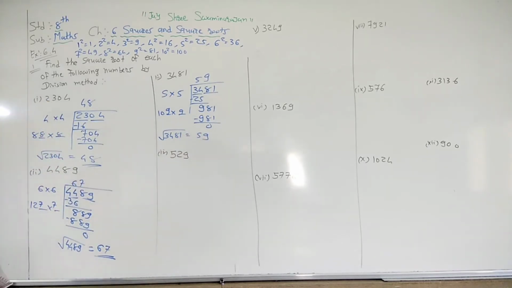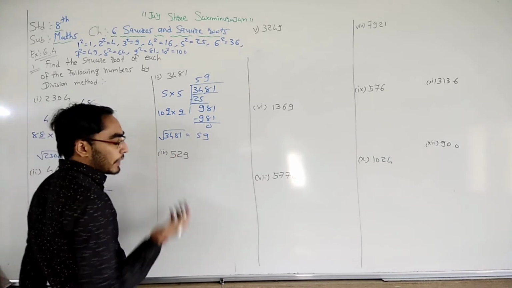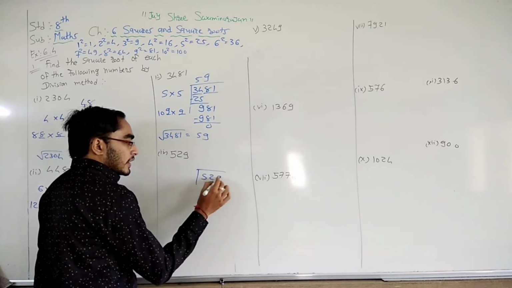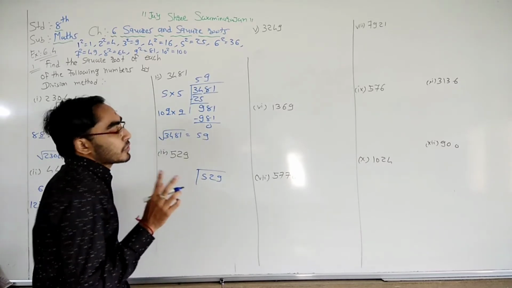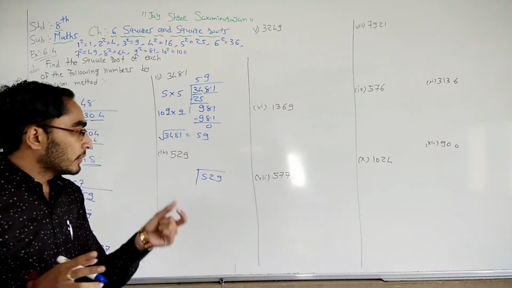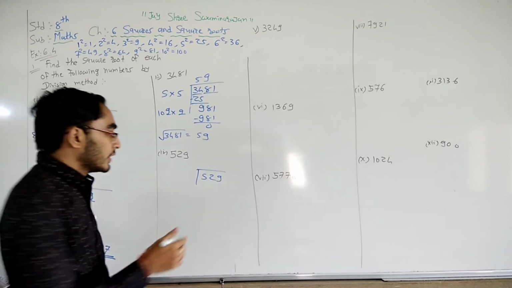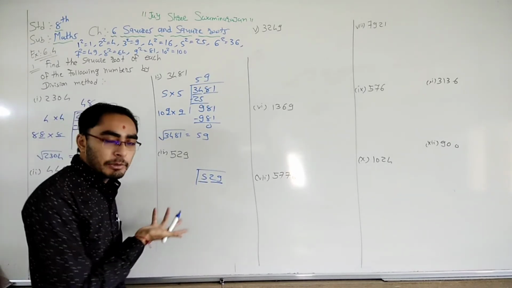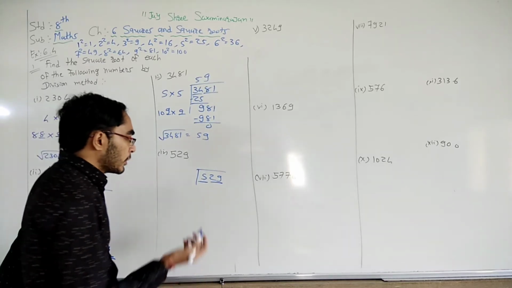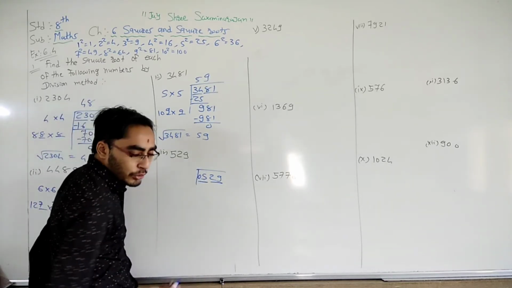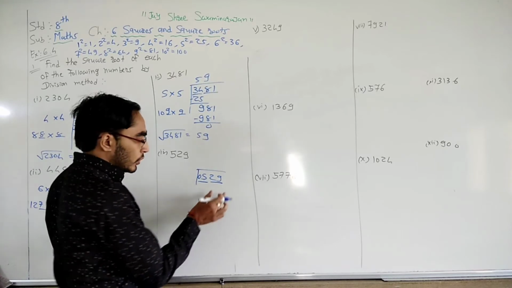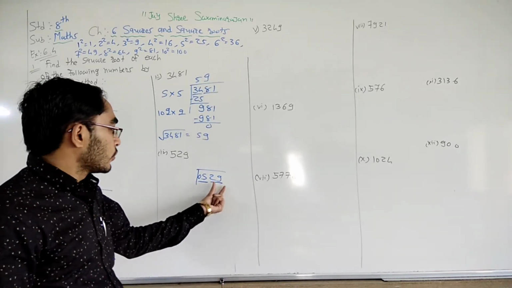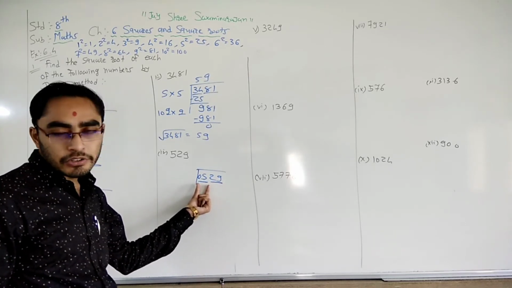Okay. After that, 529. We know that 529 is the square of 23. Now here, first of all, we need to make the pair of two digits, but we need to start from the right hand side. Okay, so one pair. Now if a single digit is left, then that becomes our second pair, because here we can write 0. Okay, we can put one extra 0. So it makes the pair of two digits. So the first pair is 29 and the second pair is 05.